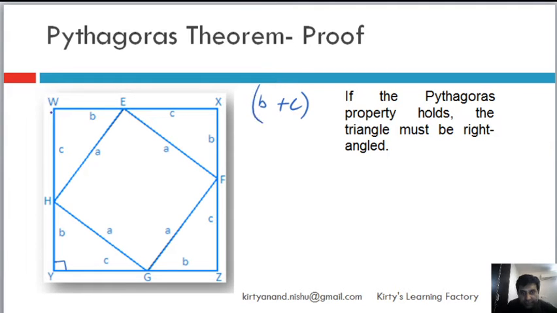So as you can see, WX is equal to B, and this is EX, which is C. WX is equal to WE plus EX, which is equal to B plus C. Similarly, XF is equal to B and FZ is equal to C. So once again XZ is equal to B plus C. Similarly this side and this side. Pause the video, take your time and understand the construction.